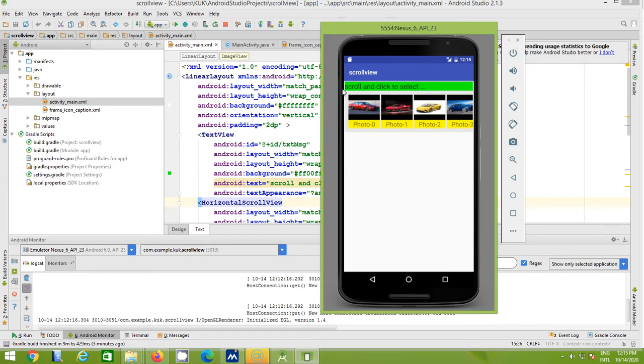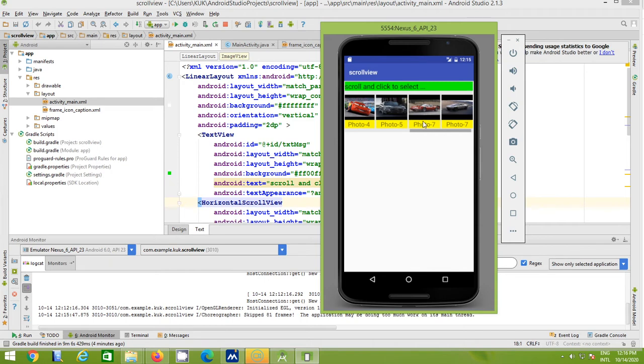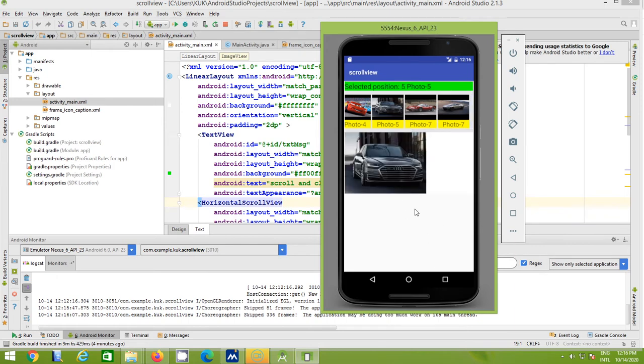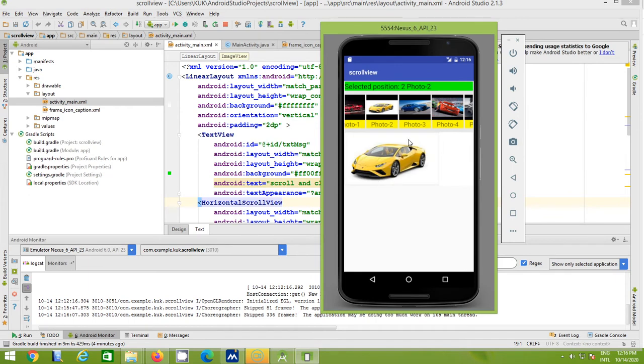In that particular view, the first part is your text view, then the images are displayed in the form of a horizontal scroll view, so we can scroll from here left to right. So left to right is simply your horizontal scroll view, so the user can select any image from here. So when the user selects any value, the corresponding image will be displayed here. So that is the execution of your app, of your practical.